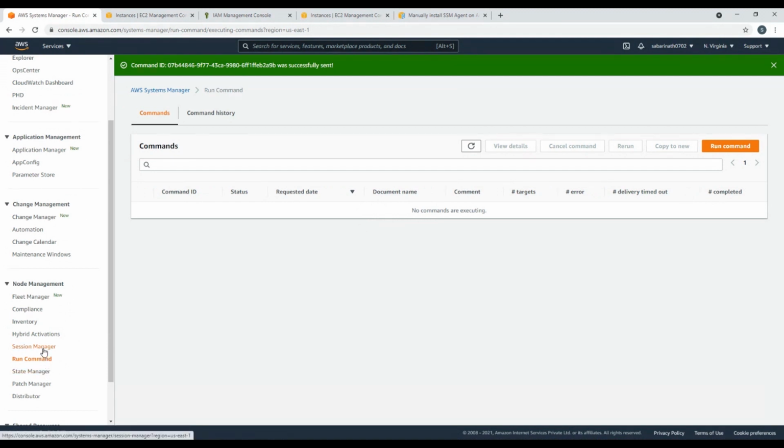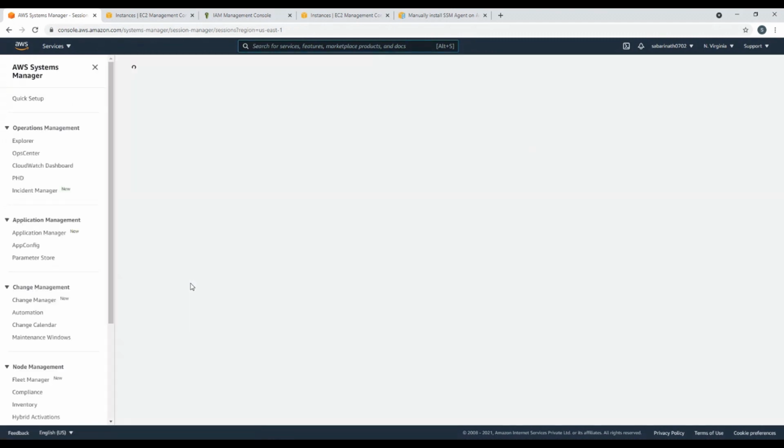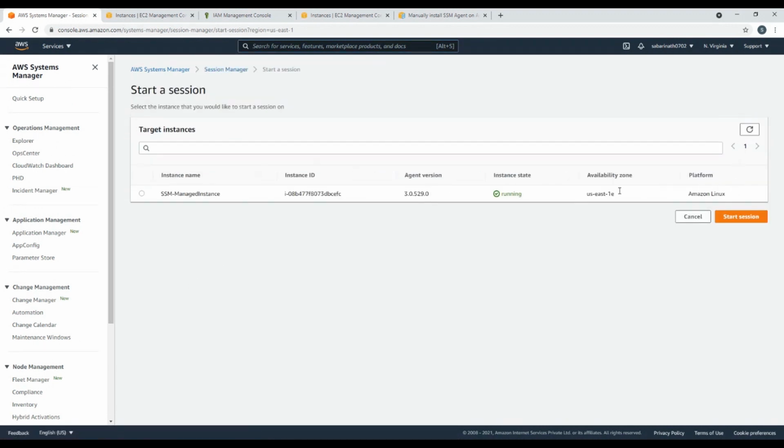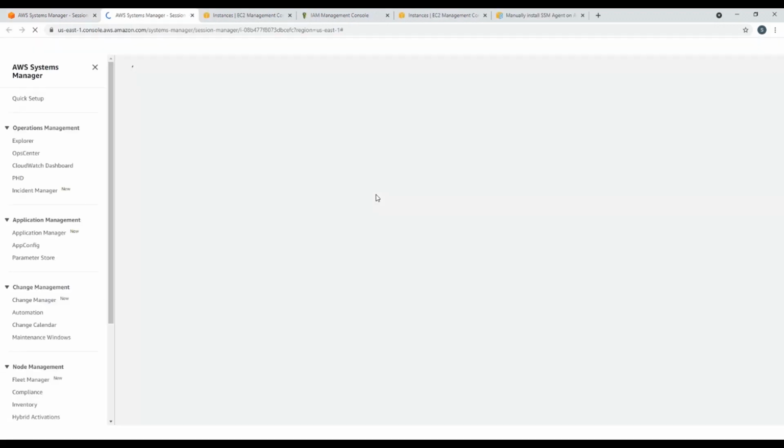Next we'll go to the session manager. Session manager is a way we can log into the managed instances through the console. Let's start the session. We'll select the instance. Using this session manager, we can select and log into the backend instances through a console or a CLI. So you can see that we are able to log into the backend instances from the console itself and